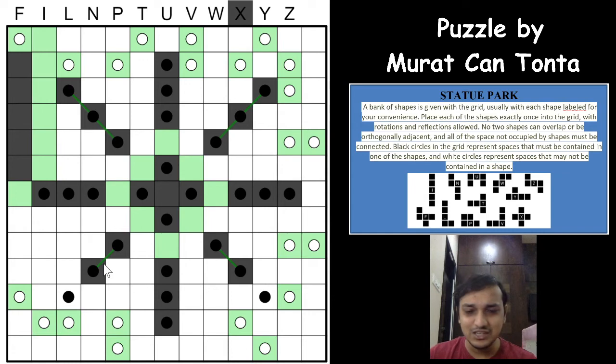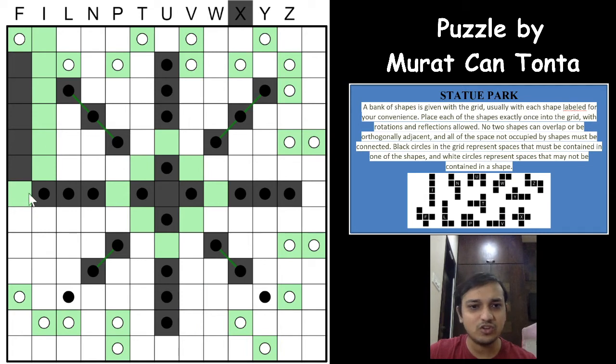The most important thing in this puzzle, I would say, is getting to know the pentomino shapes. There are exactly 2 pentominos out of these 12 which use 3 black circles diagonally, right? So if there are 3 black circles in a diagonal way, then there are only exactly 2 pentominos which can have that shape. F doesn't have that shape, right? F is not possible. You can never have three diagonal black circles in an F shape.